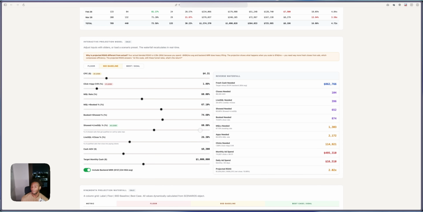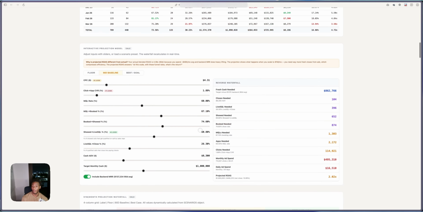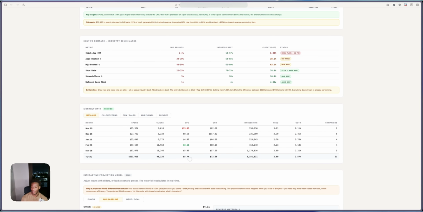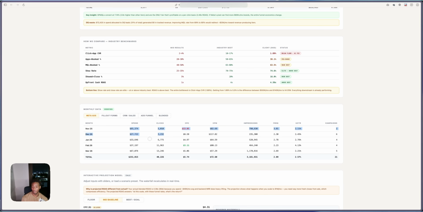And so what I ended up building here, which helps me with my projections and everything we're going to do, is this interactive projection model. It's based on all of our ads numbers and ad metrics, right? So we go to the Meta ads here. I pulled all this data, and these are the important leading indicators for ads-only stuff, because I couldn't trust the conversion data since I don't know how accurate it was. So with ads, I can only measure on the front end of Facebook's ads manager: